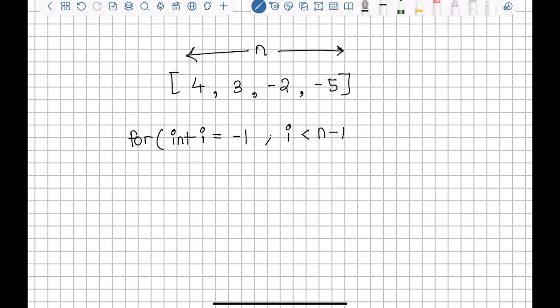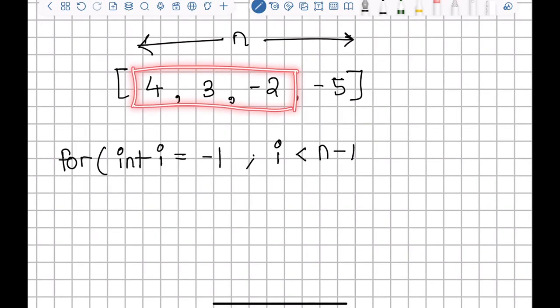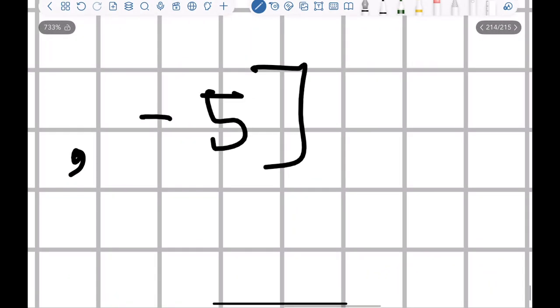Why are we doing n minus 1? Because I can check only till here, right? I can only take from the first to the second last element as prefix, because when the condition of a